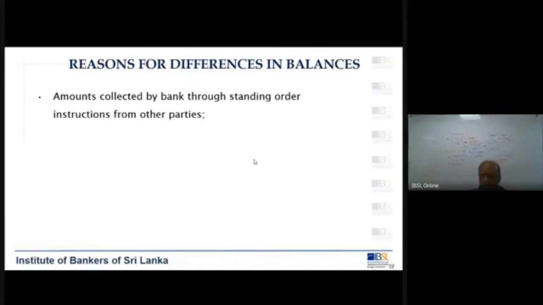Okay. And you know this, that you have given instructions. But when you are recording it in your books, now say let's assume that in the month of January, there is one standing order which you have given to the bank. So you know it. But just because you know it, you can't just go and record it in your cash book. You have to wait till the bank records it in their records. If the bank has not done that standing order, then you can't record it in your cash book, even though you know it. Okay, because obviously it is going to create a difference between the 2 records.